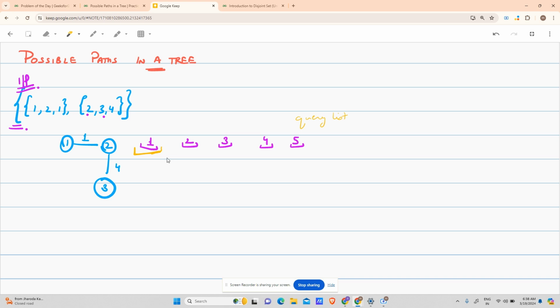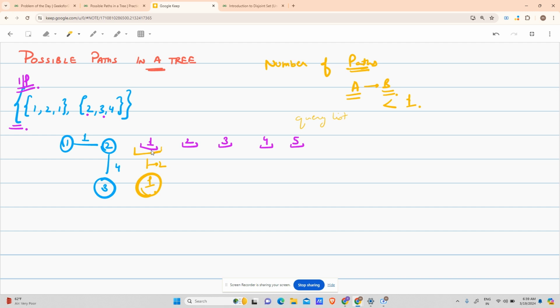That means you have to provide me the number of paths from any node to any node, let's say from A to B, such that the sum of this path is less than or equal to the query weight, that is 1. Now for 1, you can see that only one path exists, that is 1 to 2,